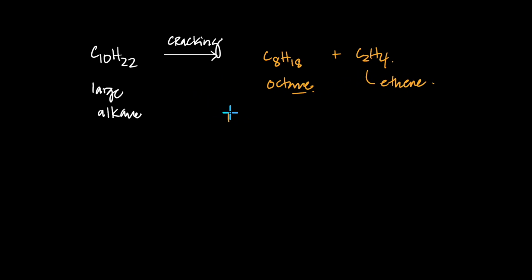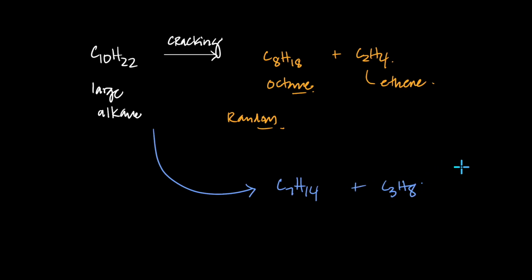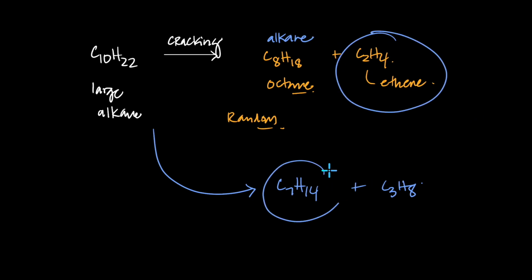It is random. It is completely random. You could have broken up into something else. You could have actually also done this, that you could have had a very large alkene and very small alkane. And the idea is, you take a very large guy, you chop it up, but the total number of carbons and hydrogens stay the same. So 8 and 2 is 10, 7 and 3 is 10, and one of them is an alkane, one of them is an alkene. Here, this is the alkane and that's the alkene. Here, this is the alkene and that's the alkane.